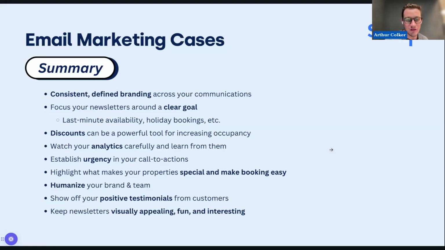And last minute availability is a great way to do that. Highlight what makes your property special. Again, it really depends who you are, what your focus is. But new property announcements featuring homes is just a really great way to build your brand, but as well as